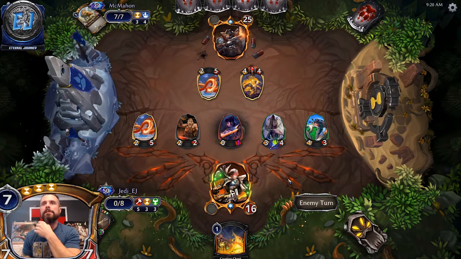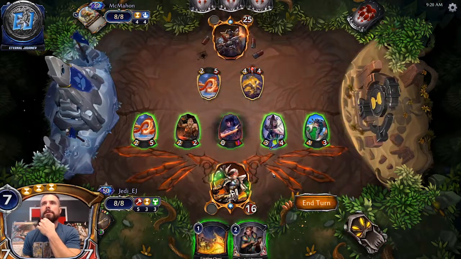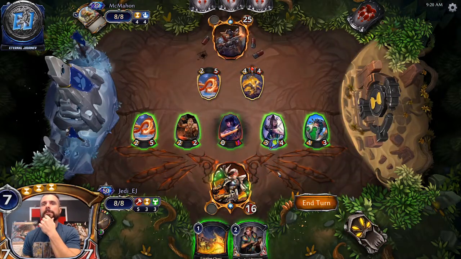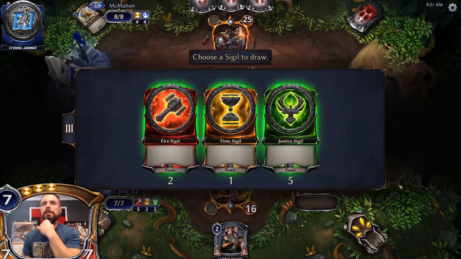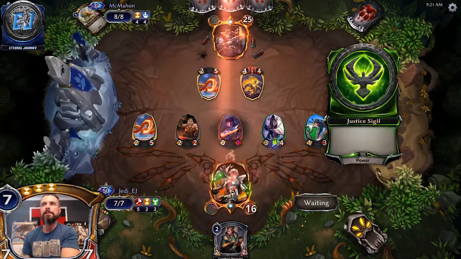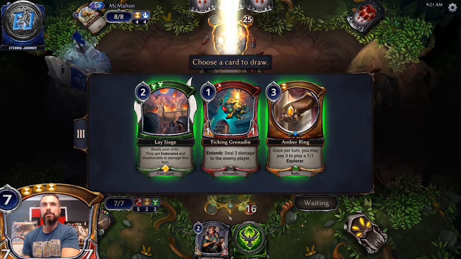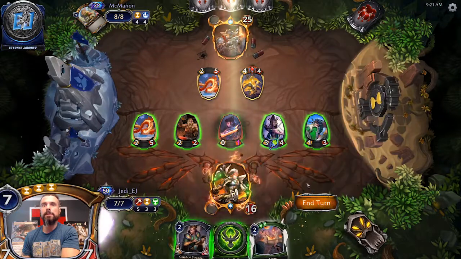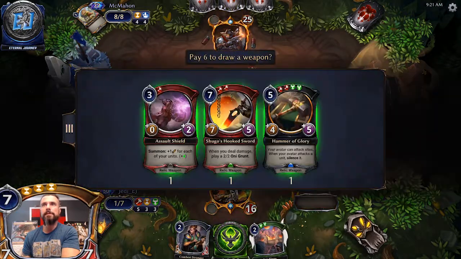I think I like this. We could have killed that, but see, no attacks from them. Okay, let's decimate first. And it doesn't matter what we get. Alright, high roll. Lay siege. Yeah, that seems really good. And then we will sack this to go get...